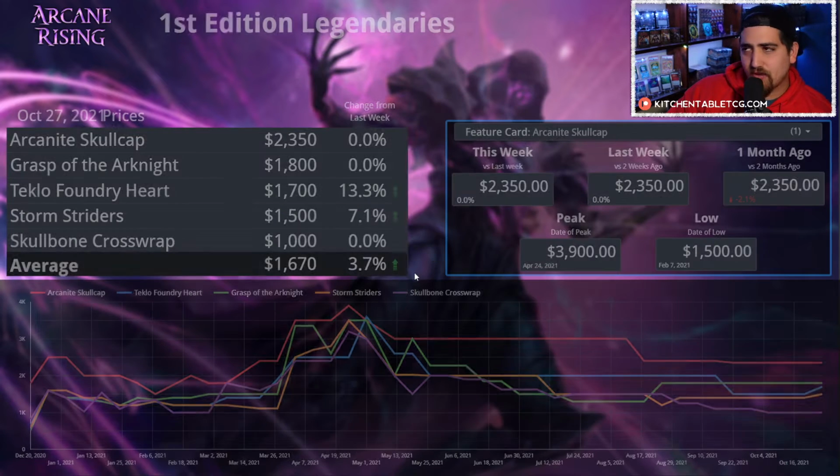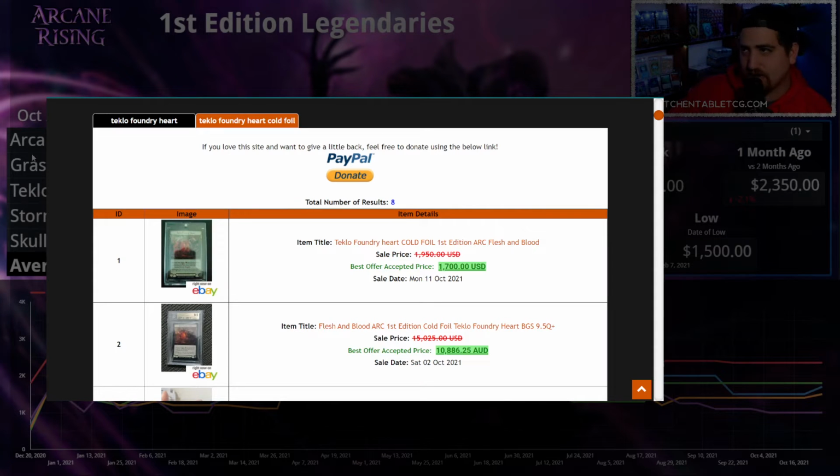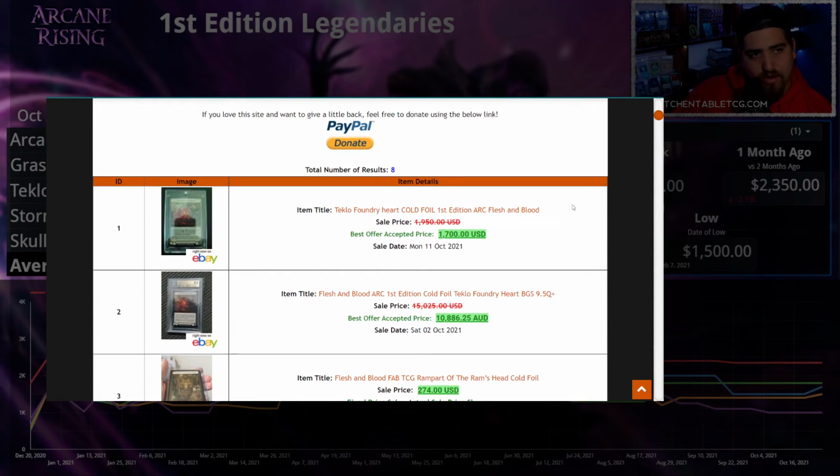Arcane Rising, first edition singles. We'll kind of float through here. There was a Teklo Foundry Heart that sold on the good old eBay. There's not a ton of other sold listings on eBay this week for Arcane, but Teklo Foundry Heart sold for $1,700. I did want to mention this: a 9.5 quad sold for $10,000 way back at the beginning of October,